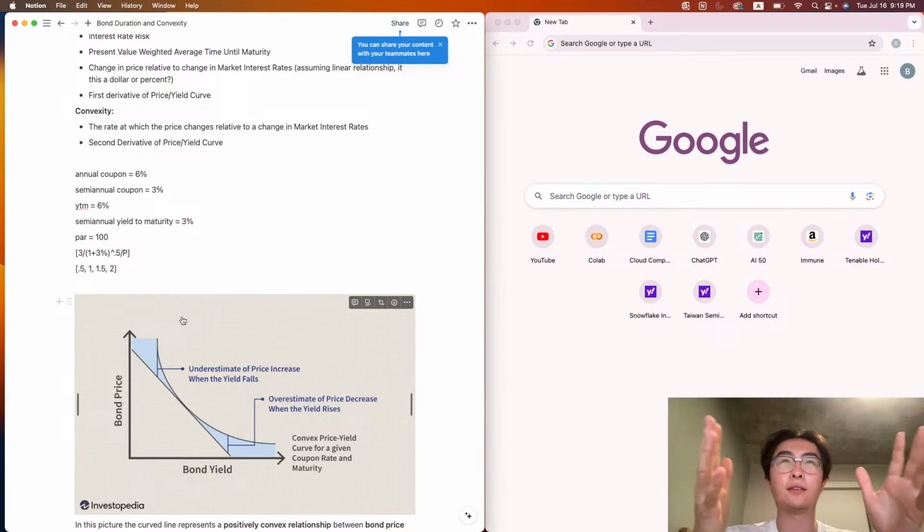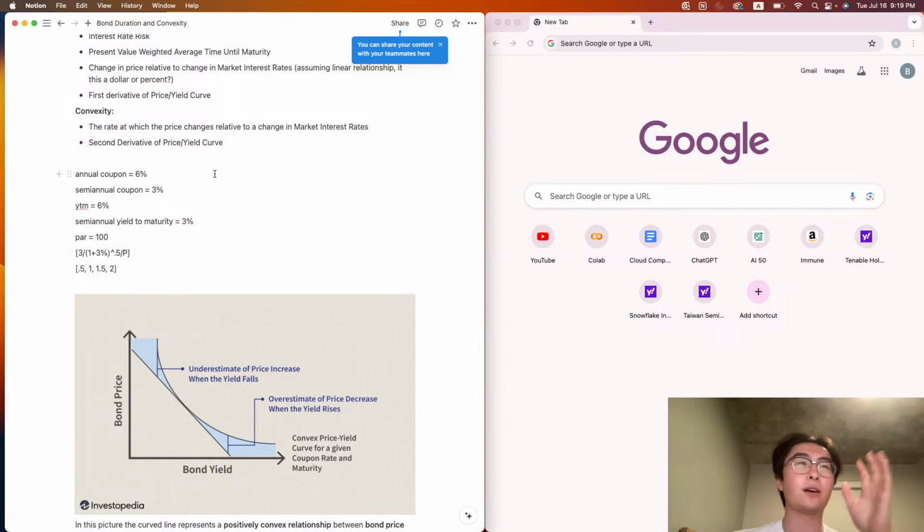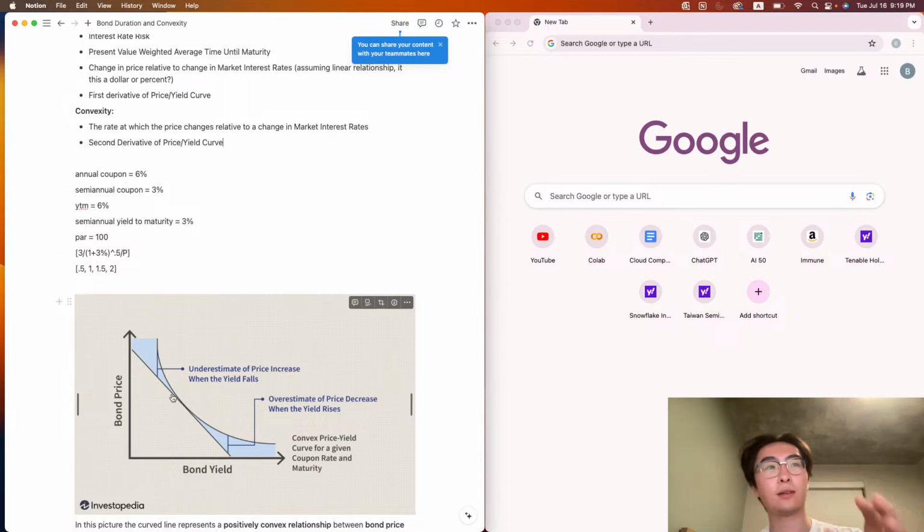You have the idea of velocity, and I'm trying to think, was that a function to describe the position? So you have some type of position function. Given some time, t, it'll give you the position of an object. If you take the first derivative of that, then that gives you the velocity. And if you take the derivative of the velocity, then you get acceleration. So I think that's a very similar idea here. Bond price, duration,